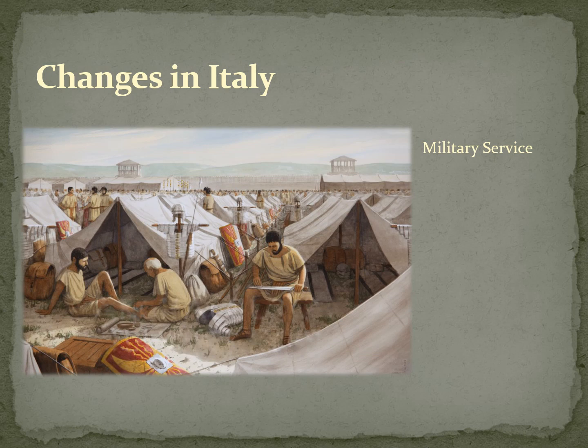And this was fine as long as Rome was fighting its immediate neighbors. You would try to live off the land as much as possible, plunder the foreign cities, and then hopefully be back home by the time it was time to plant. 2 months maximum, and then you were done with your service.